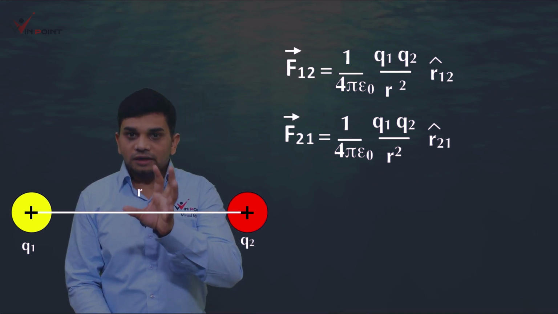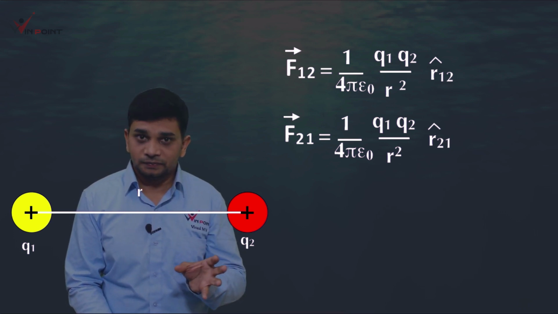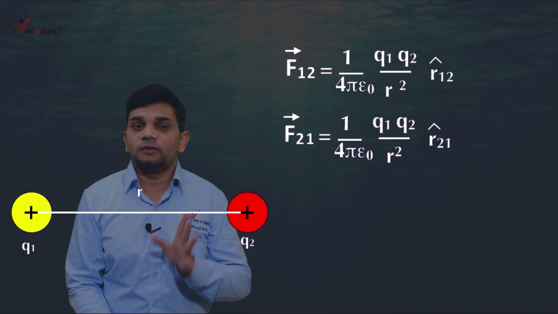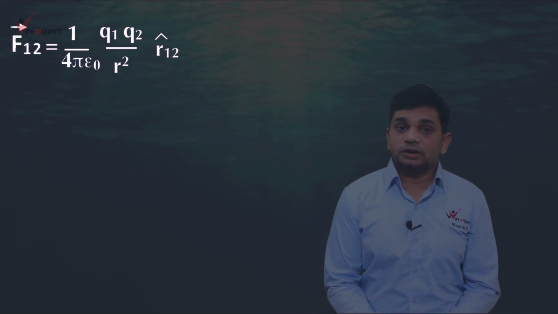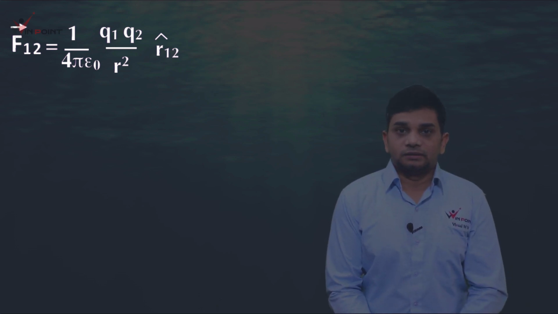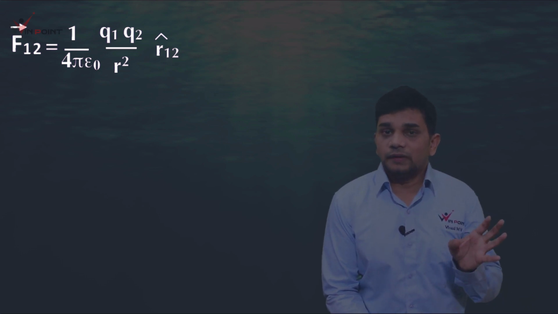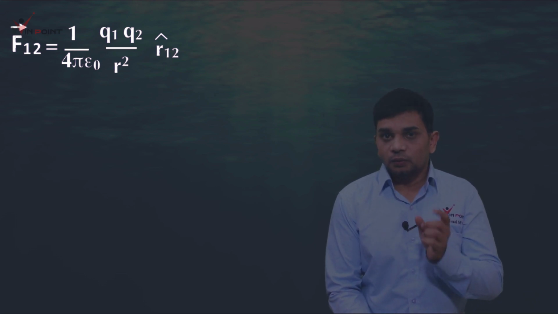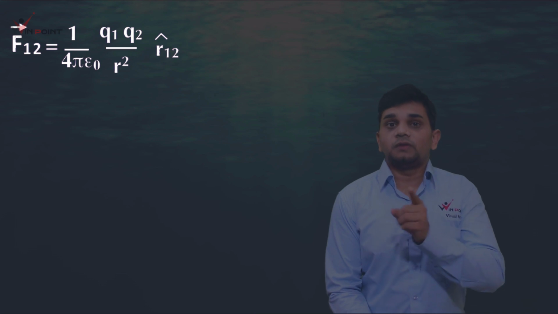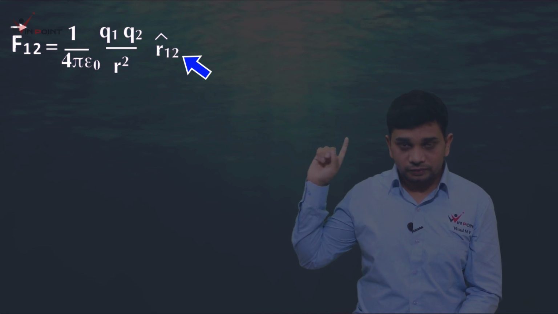Now let us change this equation. For changing that equation, we are going to write it in detail. We are considering only one force here, that is F12. Vector F12 equal to 1 by 4 pi epsilon 0 q1 q2 by r square into unit vector r12 cap. What is unit vector? For example, you have vector A. How will you find the unit vector along the vector A? Class 11th topic. The equation for unit vector is vector A divided by magnitude of vector A.